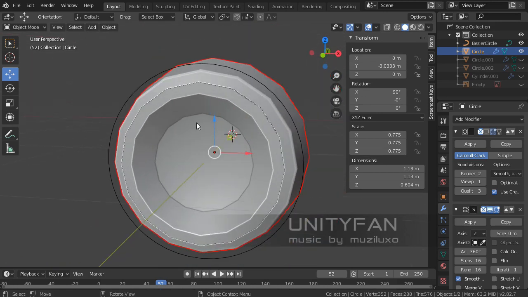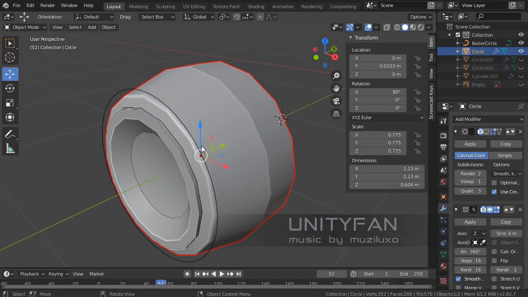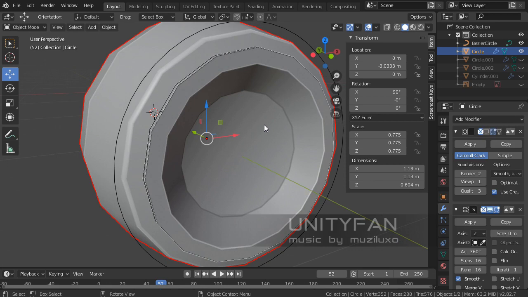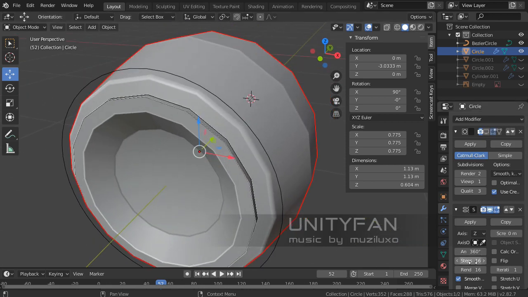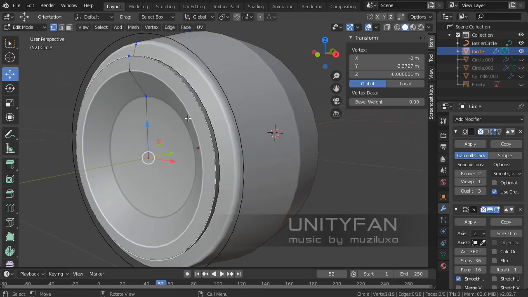Now we have to divide this object to the amount of these holes, not holes, these little shapes on a cap. There are 10 of them, we already counted them, so now we have to divide 360 degrees by 10, and it's very easy, it's 36, so instead of 16 steps, we have to add 36. So later after applying,